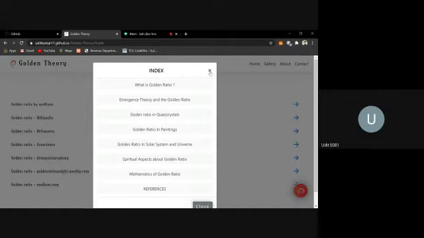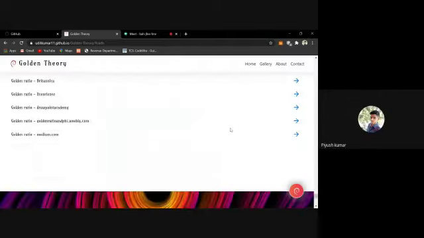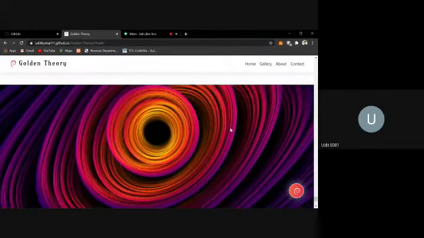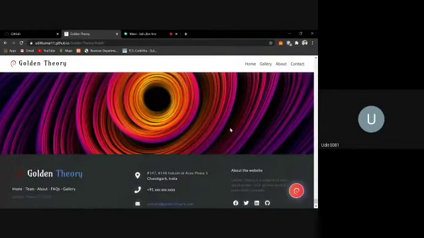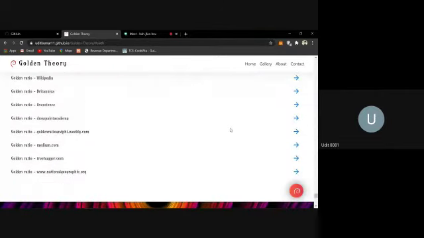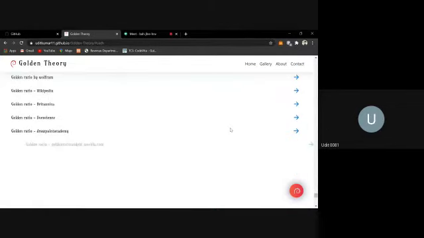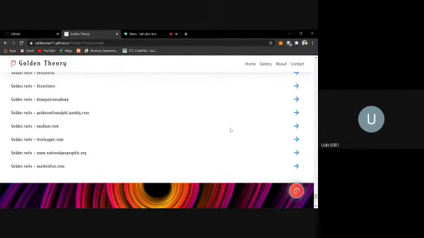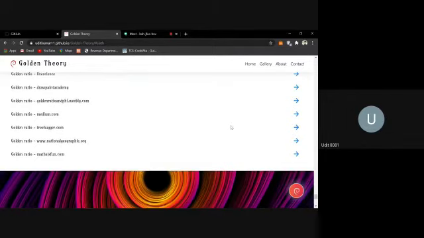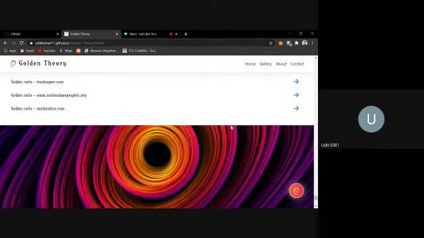Yes, so Udit, that's why we have made it absolutely simple. The links we have added at the bottom are the references to the content we have added in the above sections. If users want to visit those sites and know more about a concept, like the golden ratio, they can just visit any of these sites and check out more related content. It's a pretty cool thing and common as well.